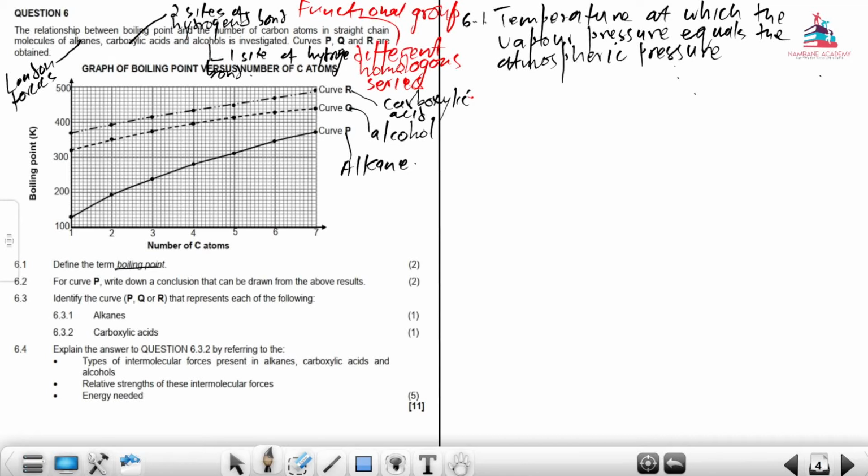Atmospheric pressure. So it's a definition, like we usually say, is 2 or 0, then you definitely get your 2 marks. Then for curve